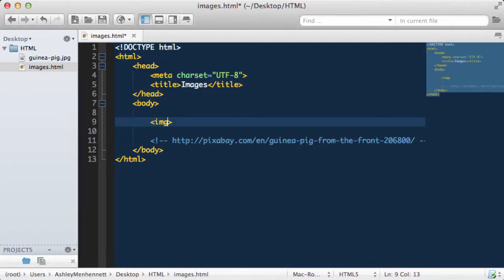So to actually define an image in HTML5, we use the image element, and then we need to use the source attribute. And the source attribute will take a relative or an absolute file path or URL, just like the anchor element's href attribute. We're just going to be looking at using a relative file path or URL to render an image on a